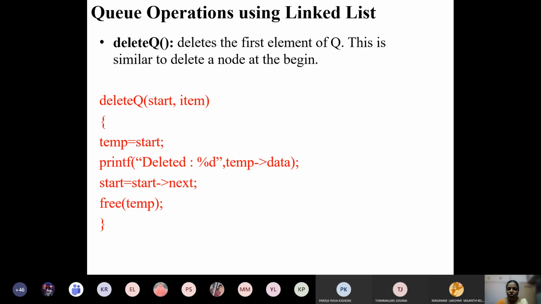So these two functions we need to write whenever you are asked to implement the queue using a linked list. First you need to explain what is meant by the queue. Then you need to write the insert queue operation for inserting a new node at the end of the linked list, and next the delete queue operation to delete the node from the beginning of the linked list. These two functions implement the queue using the linked list.